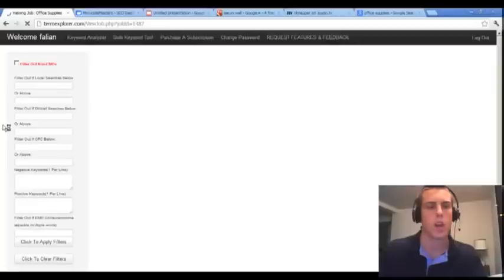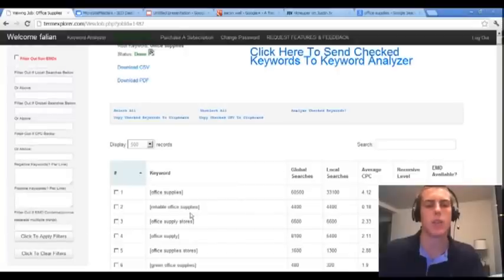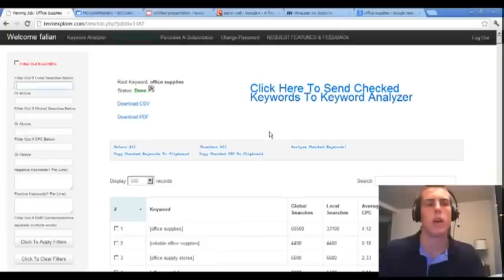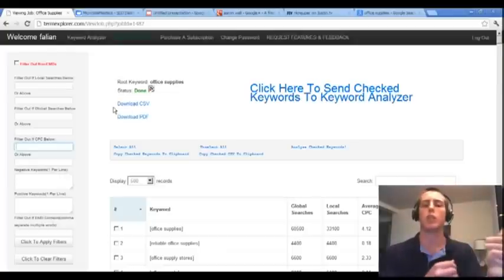So I ran it through the bulk keyword tool right here. I got this list of office supplies. I filtered out searches below 1,000 and CPC below $1. Then what I did is I took that list of keywords that I had and I plugged them into MicroSite